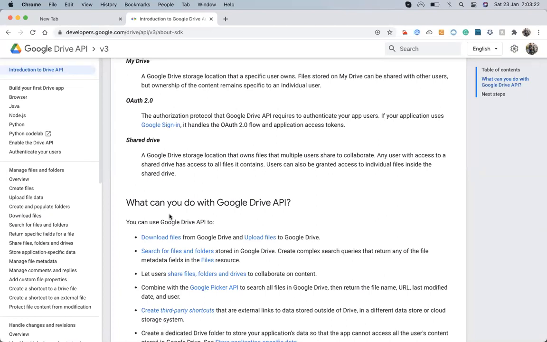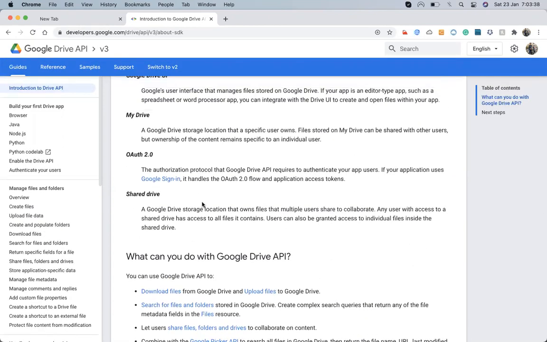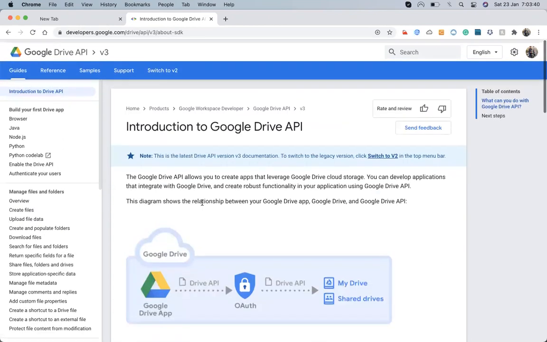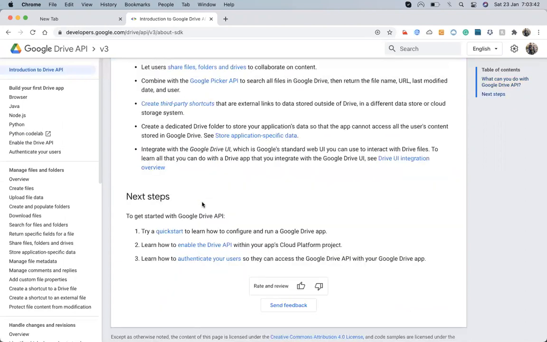First, we'll try to reach the Google Drive and take out the file details and all the other things from the Google API, from the Google Drive. So for that, let's have a look at what we can find.